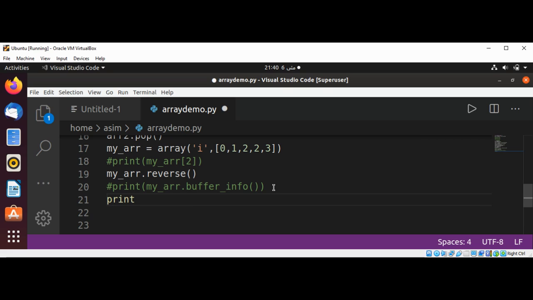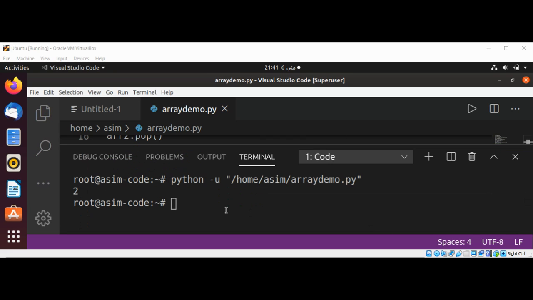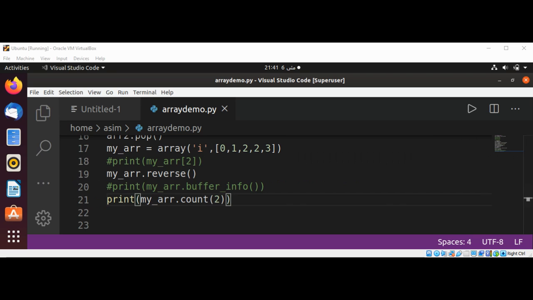It's going to be print my arr count and pass in 2. Let's see. Just save it and run. And it printed 2, so that means our 2 occurs twice in our array. Just gonna comment this too,